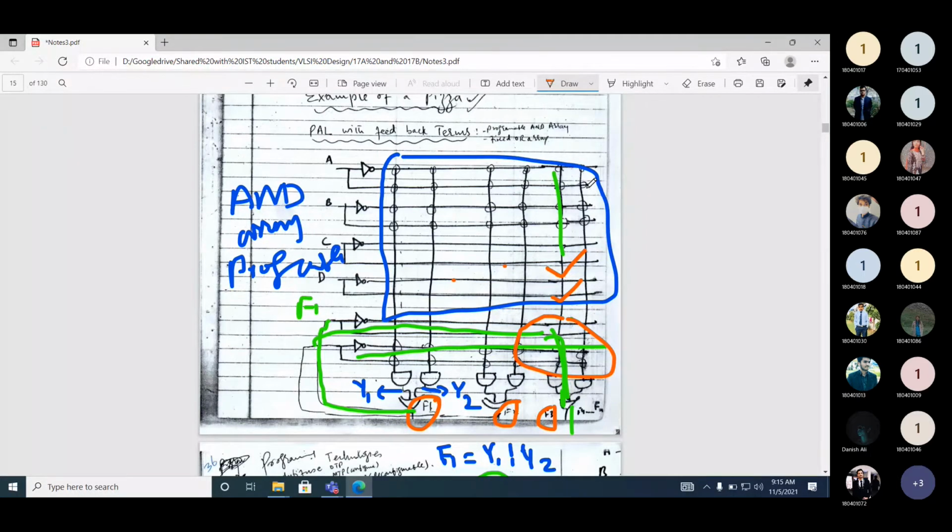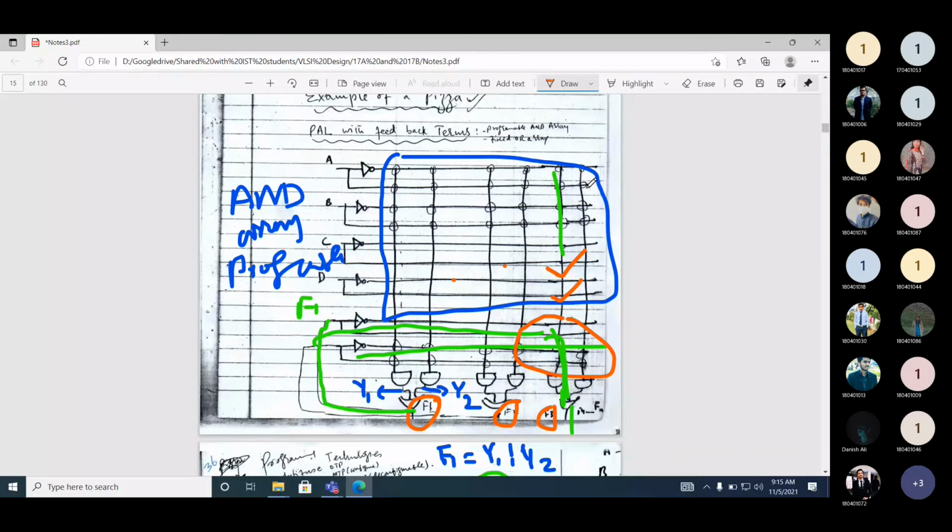Now let's assume an OR gate can implement 5 minterms, and we want to implement 12 or 13 minterms. What do we have to do? We will use feedback. So how many feedbacks? 2 feedbacks, one from F1, one from F2.